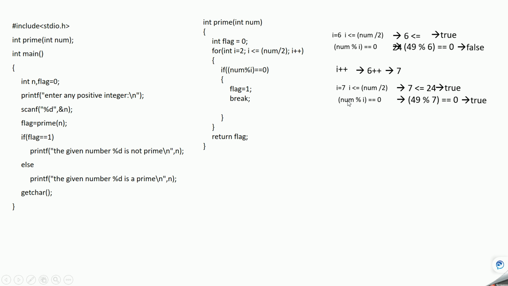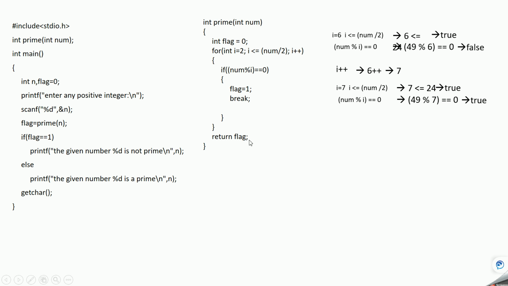So in this case this will become true. When this becomes true, the control will come here and this flag will become 1 and then break. Break means stop the execution of this for loop, basically it will take the control out of this for loop and again it will come to this line.